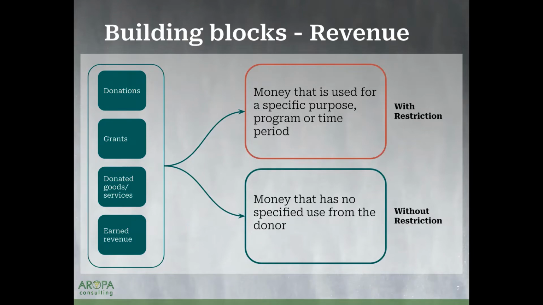Let's make sure that this is very clear. The donor is the person stipulating the restriction. Numerous nonprofits will have board designated funds, where the board has decided, okay, this money is going to be used for this particular purpose. That is still considered unrestricted money in this setup. It is just designated, right? So that's an internal decision that has nothing to do with what the IRS and other reporting entities consider as restricted revenue. The restriction comes from the donor and the donor alone.